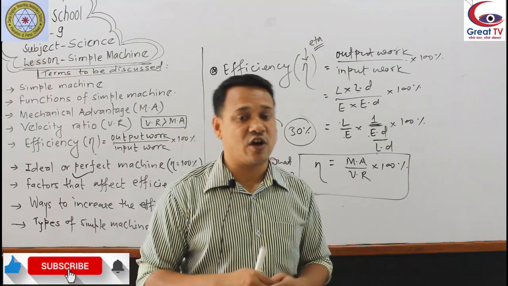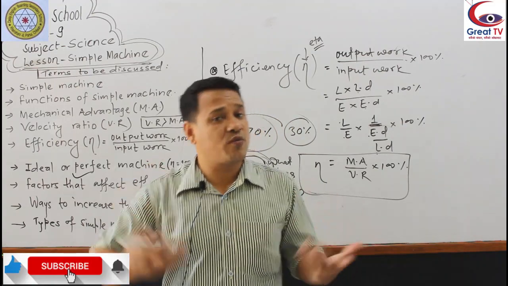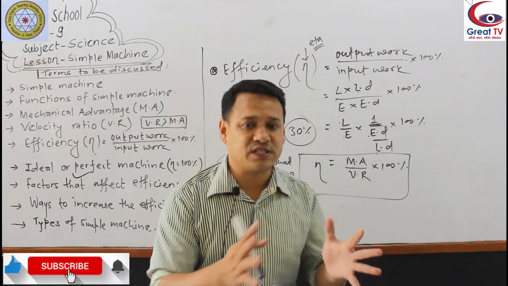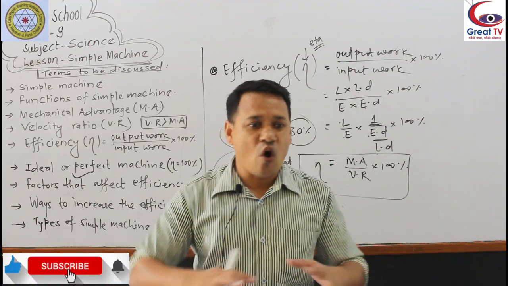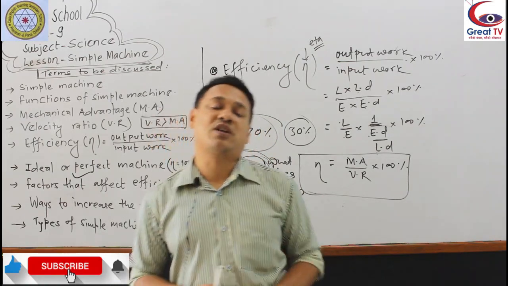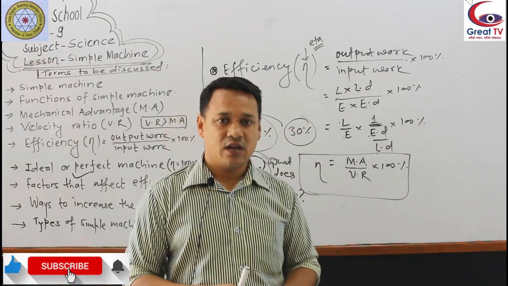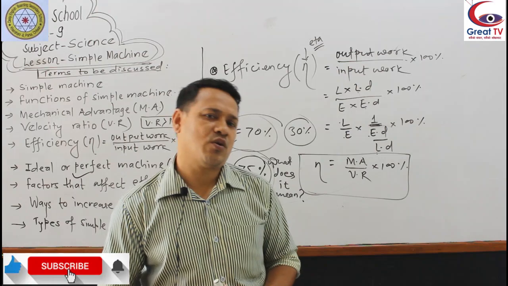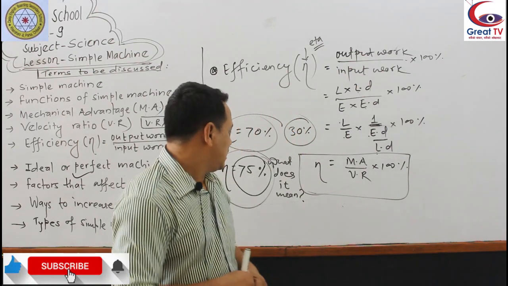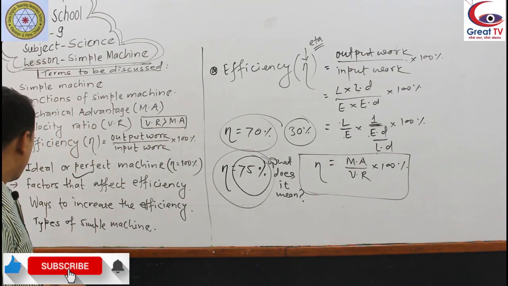So after the application of the effort, because of the friction inside the machine, some energy is used to overcome the friction. That's why output will be less. We use 100% effort there, but all 100% effort cannot perform the work. Some effort has to be used to overcome the friction. Some effort is converted into heat, sound, etc. Because of which output work will be less than the input work. So these are the terms related to efficiency.